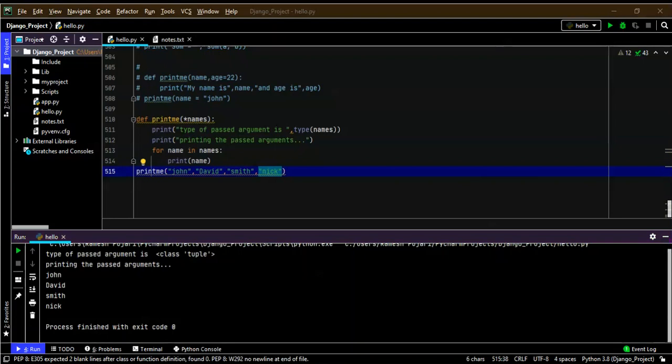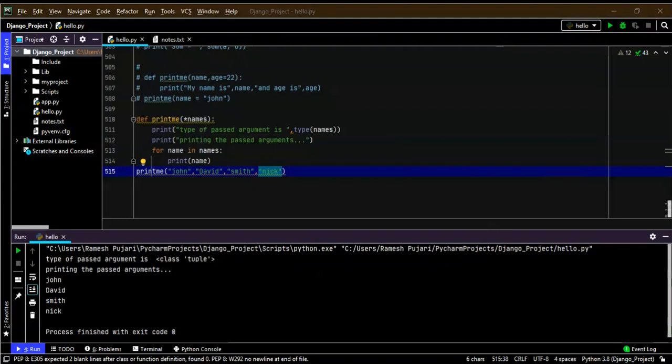Next, I am going to explain how to use the keyword arguments. In Python we have keyword arguments, which you represent with a double star. That is in the form of a dictionary, a key value pair. We call the function with the keyword arguments, which enables us to pass the arguments in random order. There is no sequence here, so we can pass them in any order, however we want.